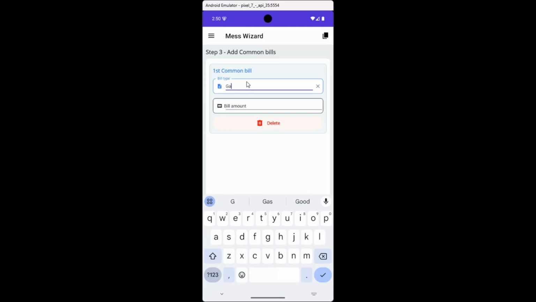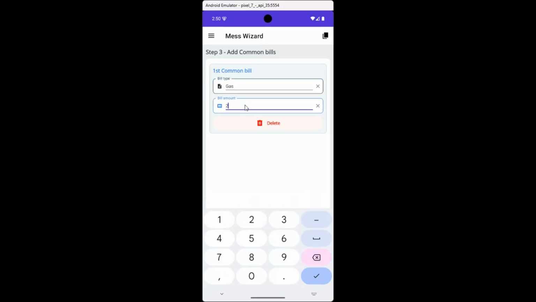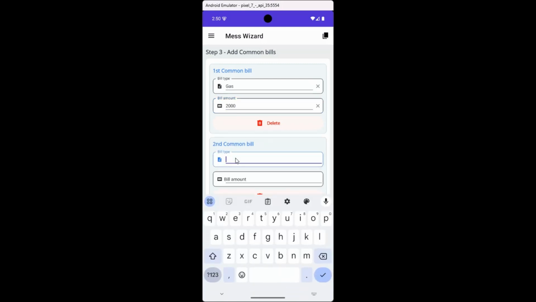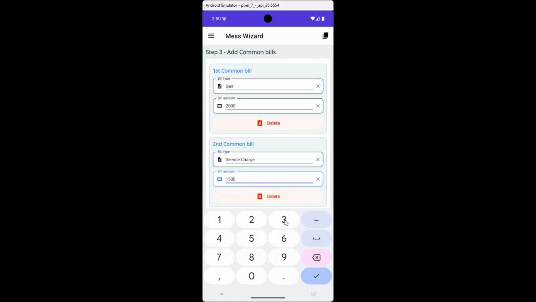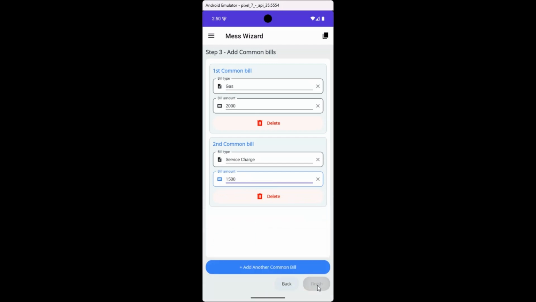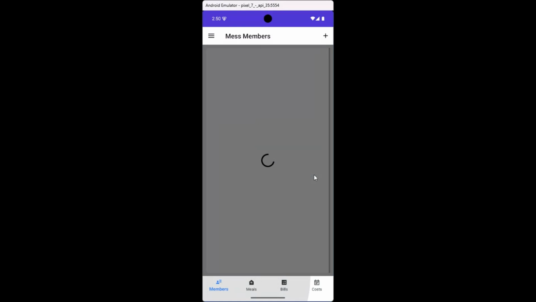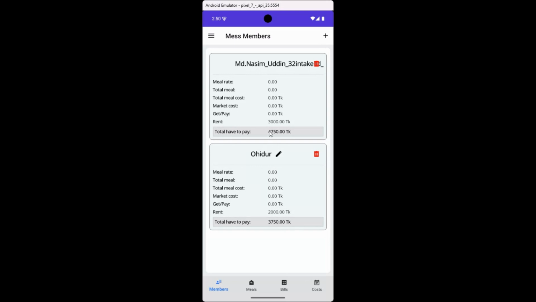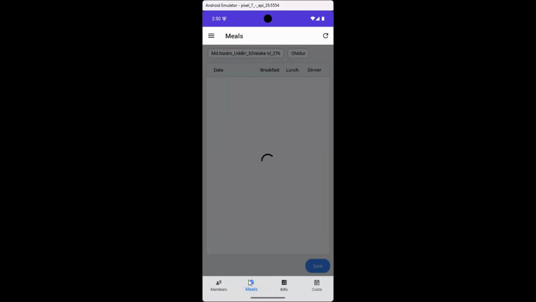Here bill type, suppose gas bill 2000. This 2000 taka will be divided between the two members. You can add more. Suppose service charge, and click finished. Here two members are shown. By clicking here, you will get